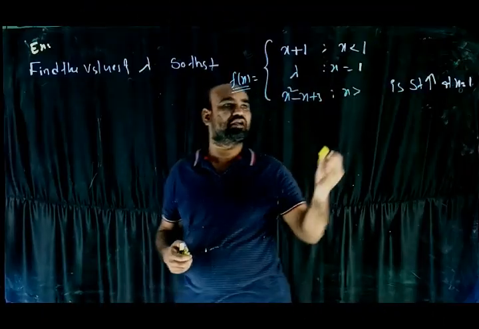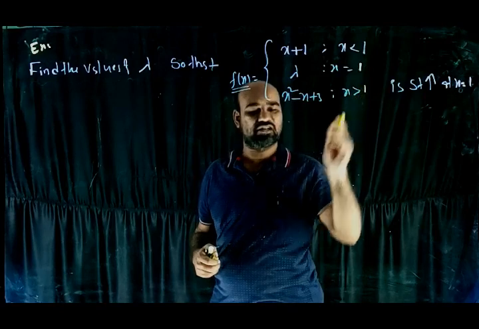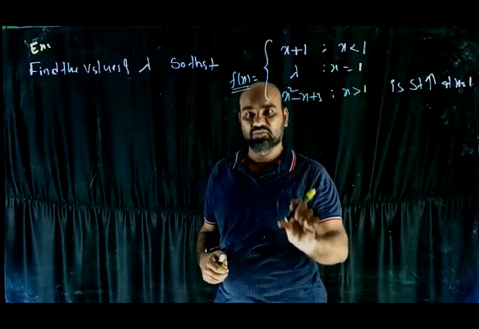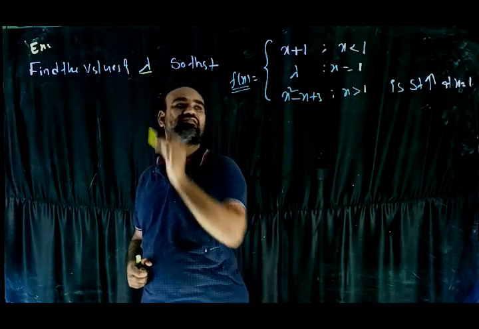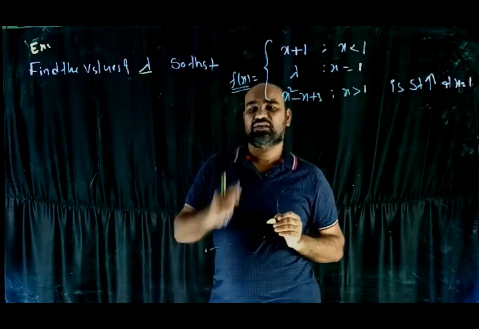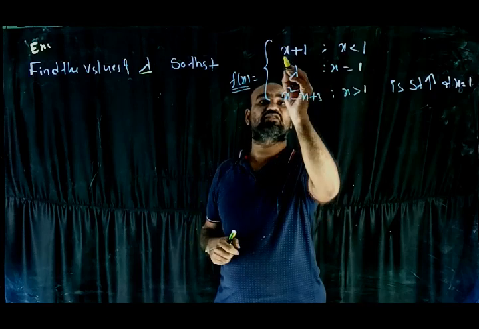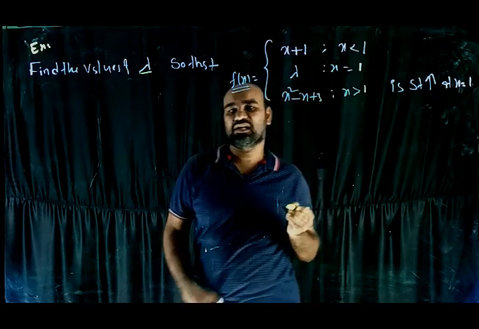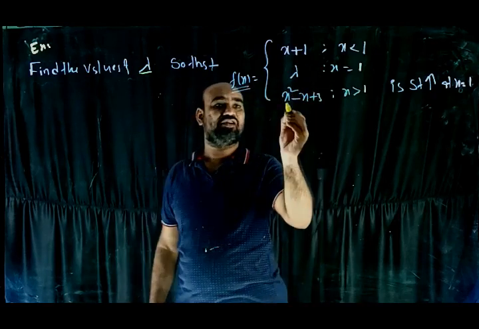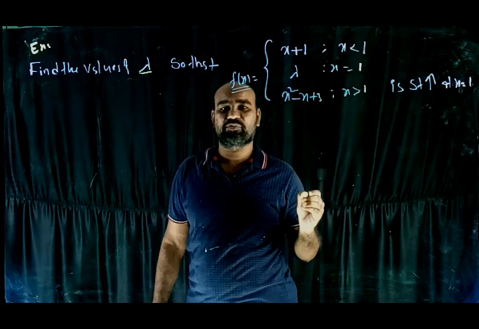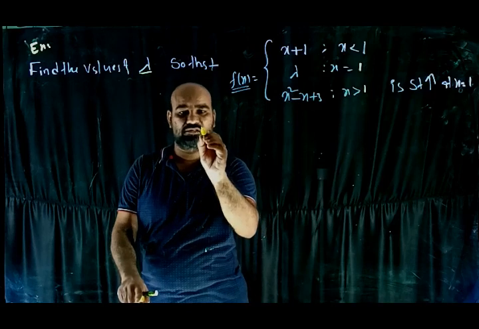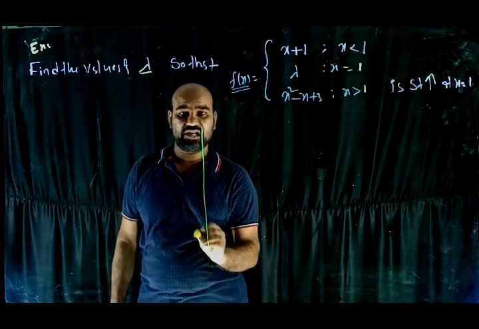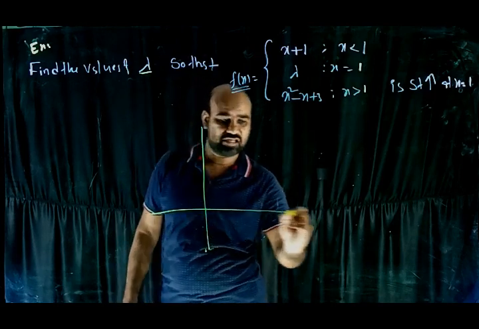Students, graphical explanation for the same problem. So using a graph you want to find the value of lambda. Okay. So y equal to x plus 1 is a straight line. y equal to x square minus x plus 3 is a parabola. For example, this is the vertical line, the y-axis, and the horizontal line, the x-axis.